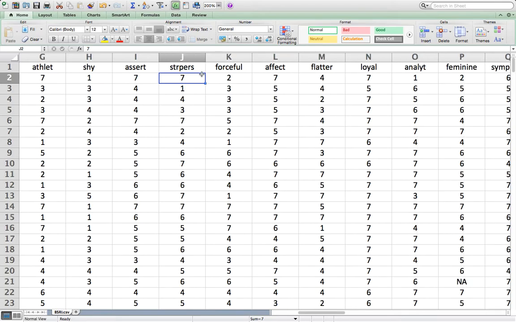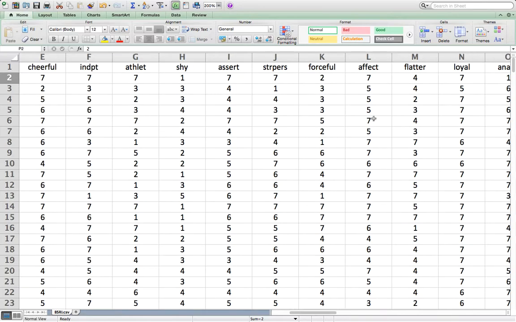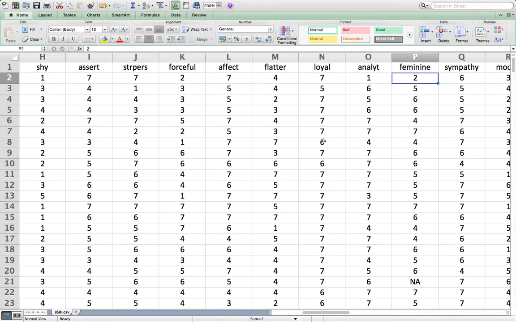Right here we get strippers. I don't know what that is. Oh, strong personality. Okay, forceful, affectionate, flat. Okay, you get it. So she doesn't think she's very analytical. She doesn't think she's very feminine, but she is apparently a stripper. But no, I'm sorry, guys, it's strong personality.